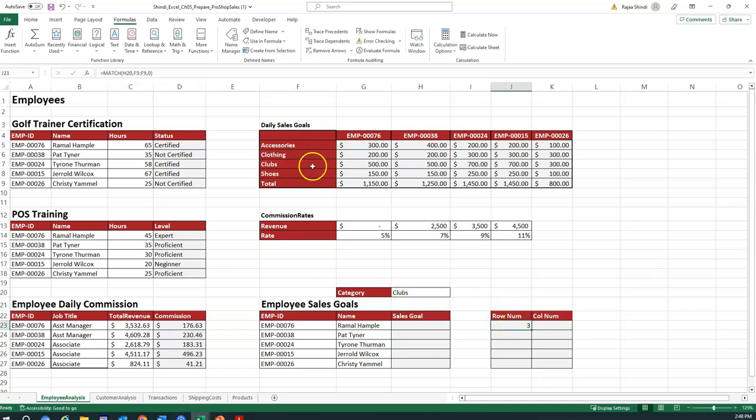Since I'm referencing here, I'm going to lock all the cells. So obviously the row number, since I locked all of them, is going to be 3 for all of them because I'm only looking for one value. Now the column number is going to change because I have different employees here. So the MATCH, now I'm going to look for the column number, which are 1, 2, 3, 4, 5. So my lookup value is the employee ID